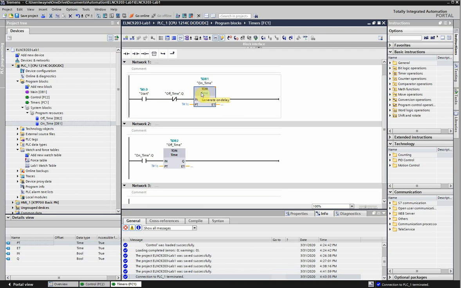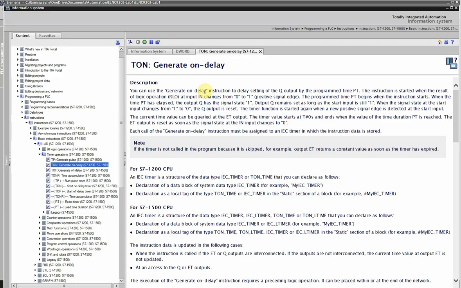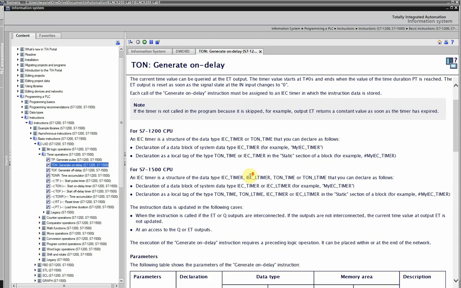Now timers, let's take a look for a second. I've highlighted the timer, and I'm going to press F1 to bring up the help feature. Because I've highlighted the timer, hit F1, it brings up TON, generate on delay, and shows you more about that timer. So S7 1200 CPU is what we're interested in. If we scroll down,